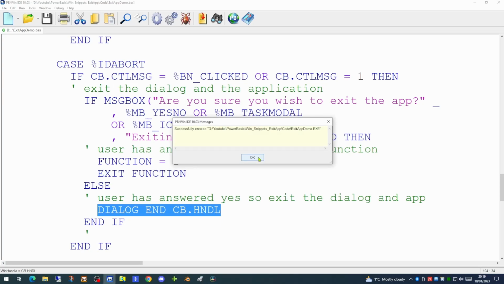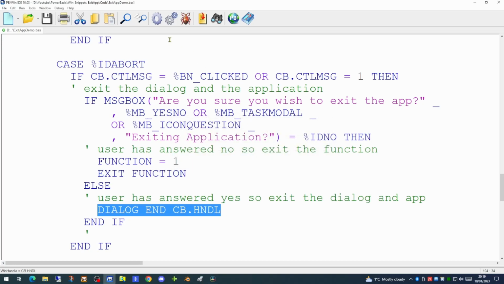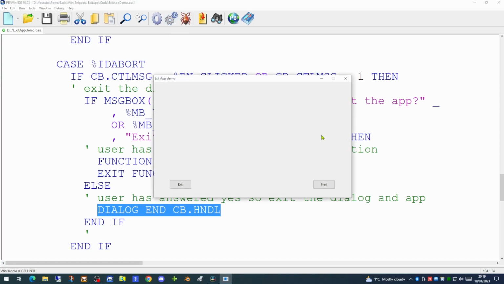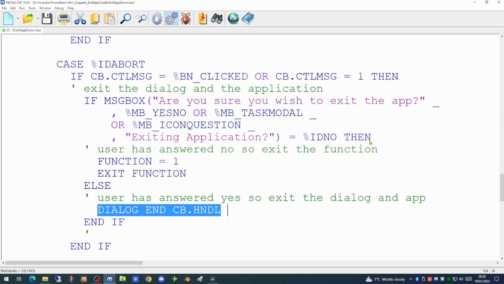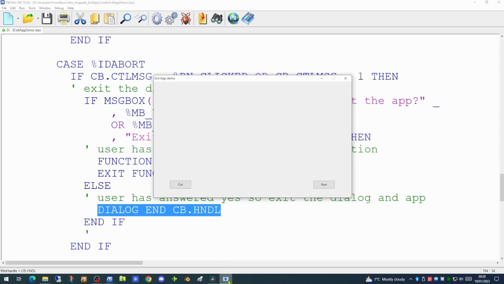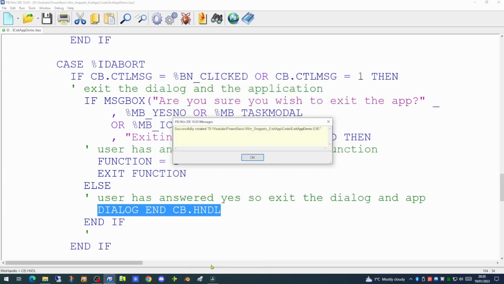However, that's not all we need to do to control exits from this application. If we run the application once more, you'll see we also have an X at the top right hand corner of the dialog. If we click that, the application will end instantly. Also, if we run the application again, go down to the taskbar, click on the taskbar with a right click, and click to close the window. This will also close the application. So this is not being picked up by the code we've already put in. So there's a wee bit more code we have to put in to handle these extra conditions.